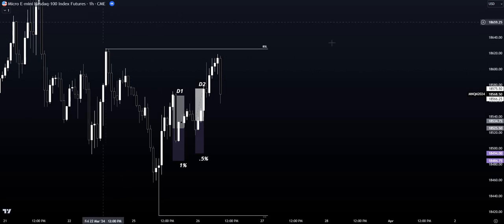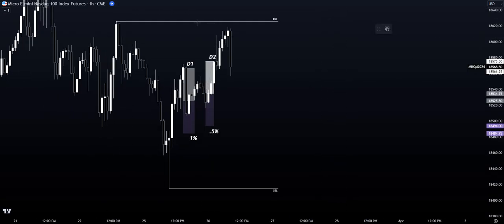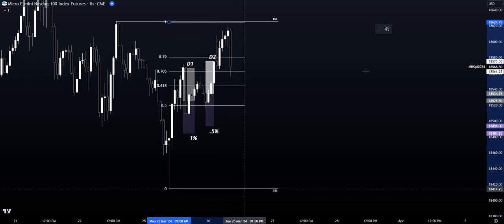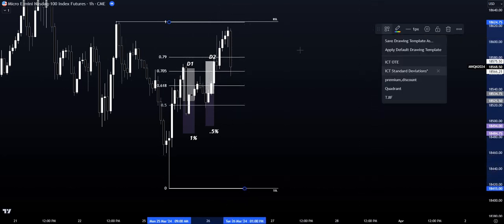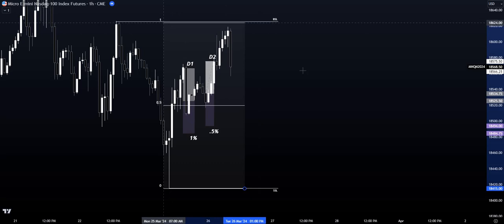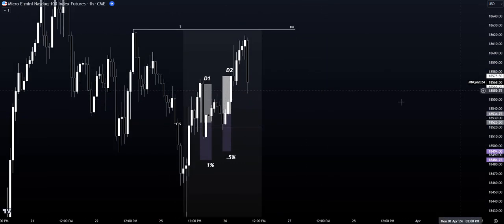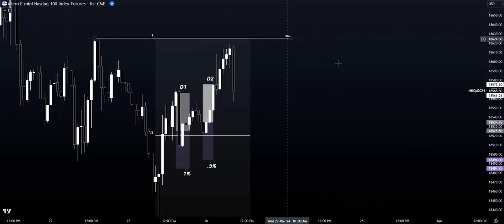So first thing I would do when I'm in this predicament is measure out my current dealing range, alright? Now when I'm in my dealing range, I'm going to be measuring out my premium and my discount arrays. We are very, very premium right now. So because of that, we can expect one of two things. We can expect us to either take out this buy side liquidity, or we can trade up into an extreme PD array, which would most likely be some type of order block. So either a rejection block or an average ICT order block.